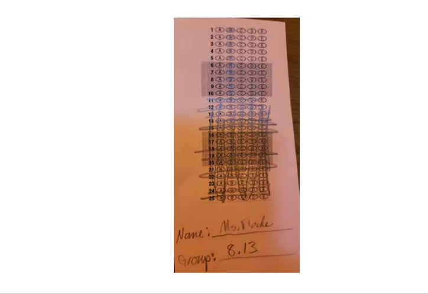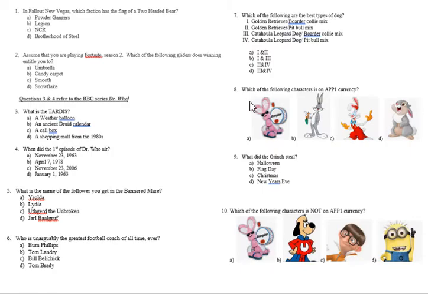Okay, so this is what you should have at this point. You should have your name and all other valid information. You should have your main guess letter bubbled in. And you should, if you want to, optional, have the other stuff scratched out, being sure not to scratch out one you actually need. Okay, so now you look at the questions and pick which ones you want to do